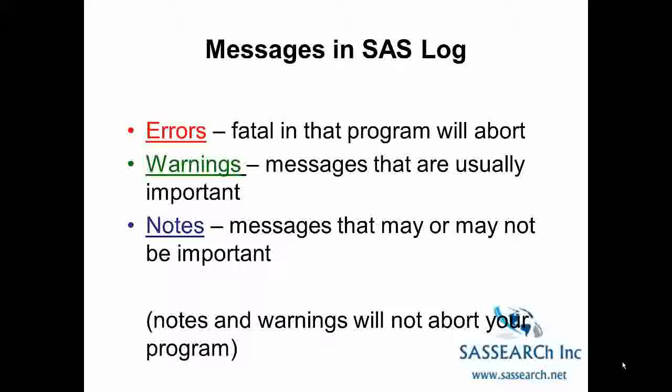Warnings are messages that are usually important. SAS saw something that was odd in your program, but SAS understood your program well enough to continue. Before looking at your output, you would want to understand the warning. Lastly, there are notes. These give you information about what SAS did, like how many observations were read in, or how much CPU time was used. Notes can sometimes give you important information. If a note tells you 100 observations were read in, but you expected 1,000, then you would want to check